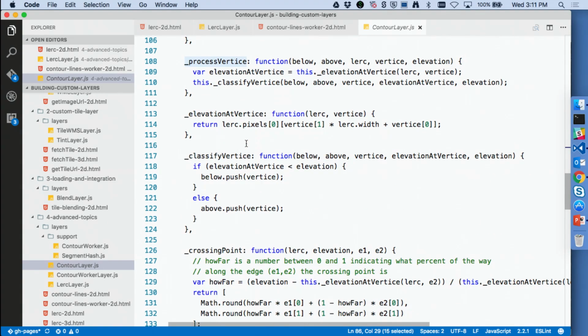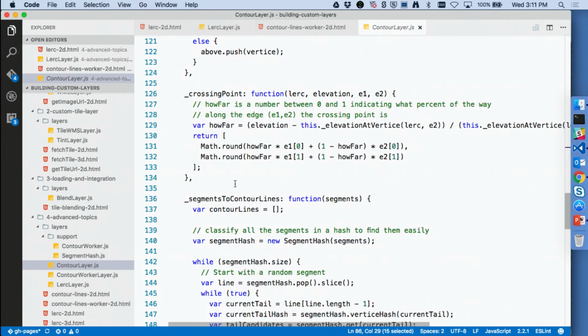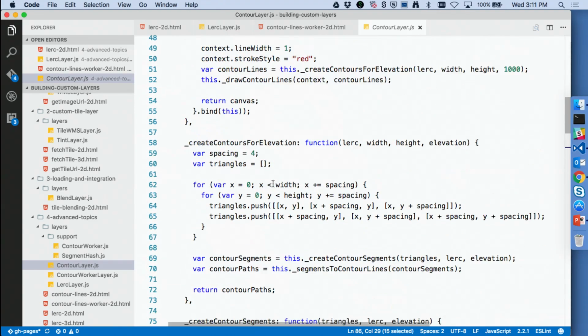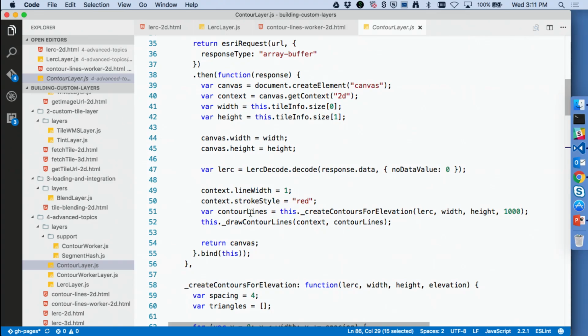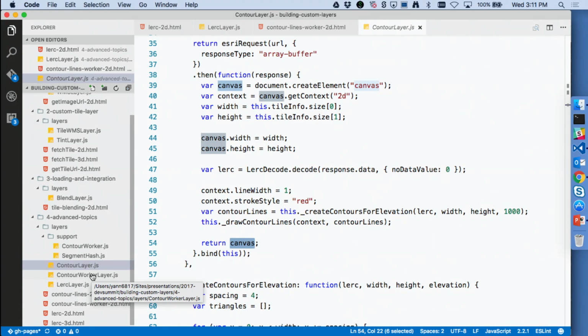Then once I have all my segments, you want to rebuild the final lines. So it's a lot of code for, in the end, just getting the lines. And then in the end, I return my canvas. So now,